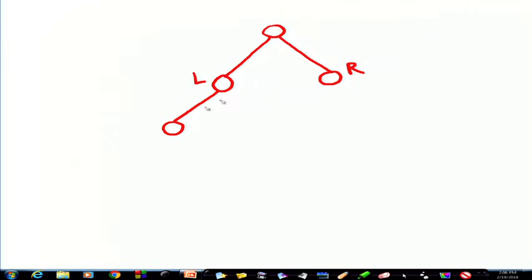So, what is happening is something like this. I am starting with the whole array, then I am concentrating either on the left half or on the right half. Then again, depending on that, either on the left half or on the right half.